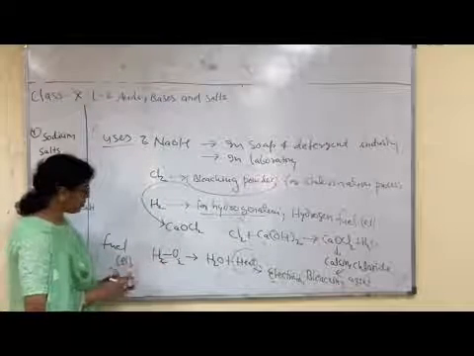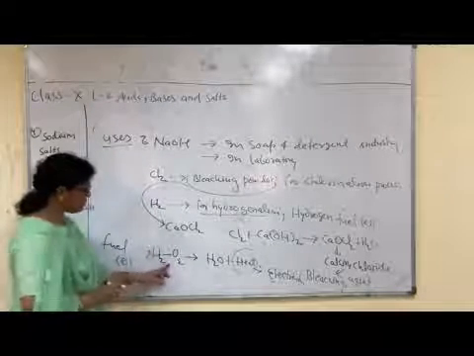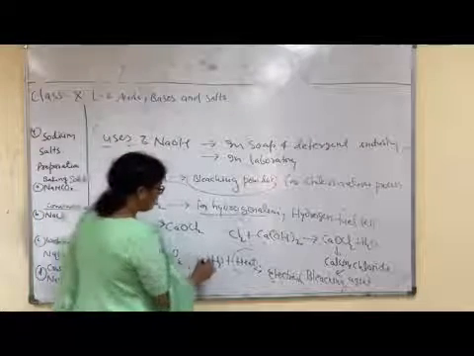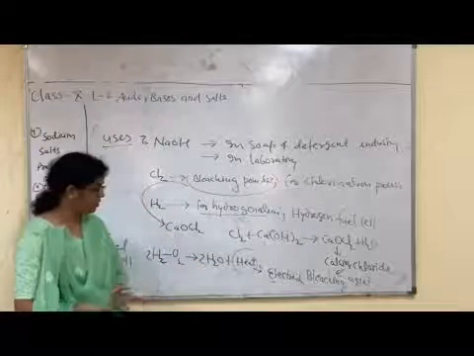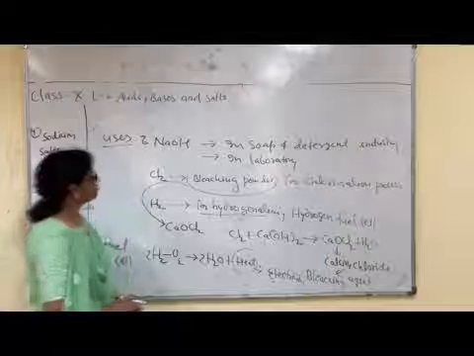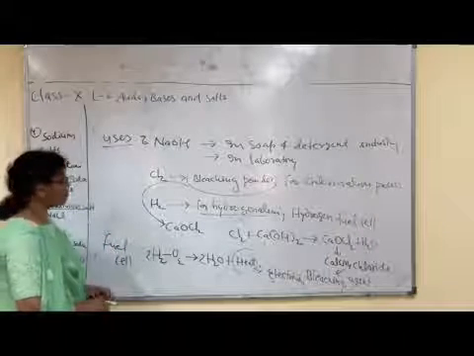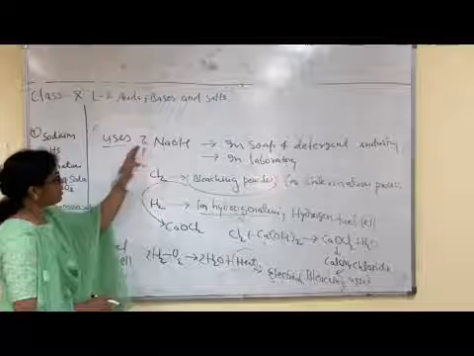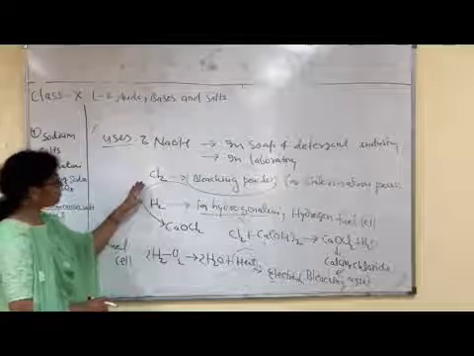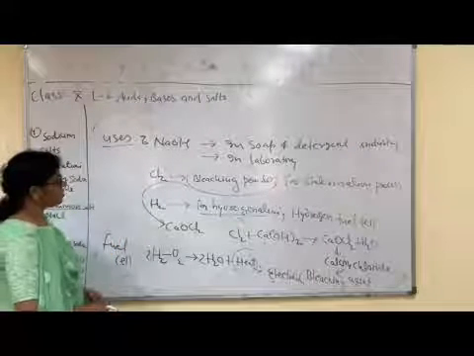And what is the main process? Reaction between hydrogen and oxygen and formation of water and heat. This heat is directly converted into electricity, right? Each product is useful. You know, this is main product and chlorine is byproduct, but each byproduct is useful.